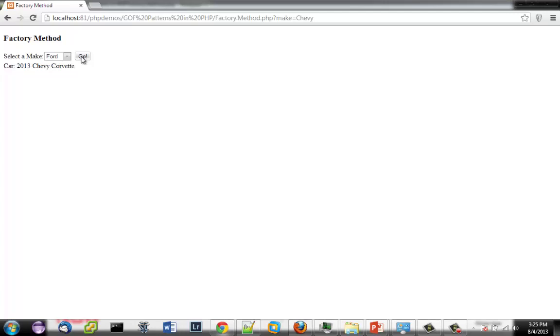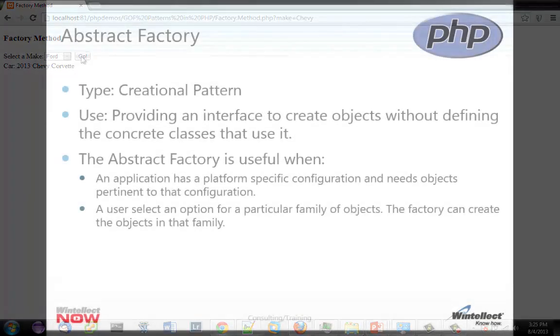This is trivial, but if the selection process on a make was a lot more involved, then I might not go through just creating it directly. I might actually have some more logic inside of those factory methods, but this does demonstrate what a factory method might look like. We're going to see a few more factory methods in later demos, but this one shows you just the basic nuts and bolts of what those actually are.